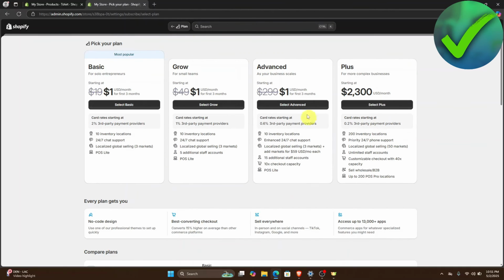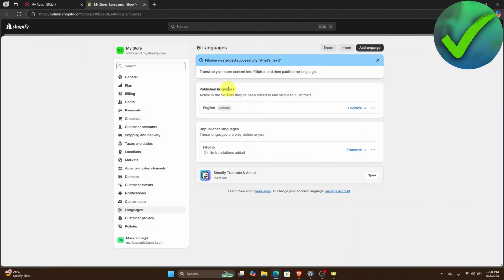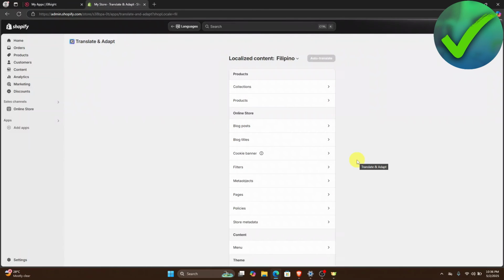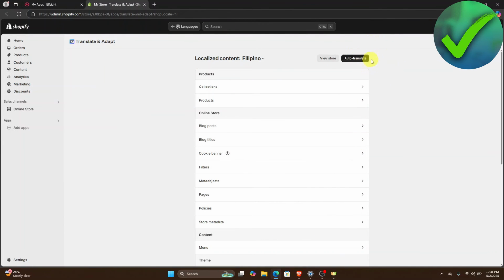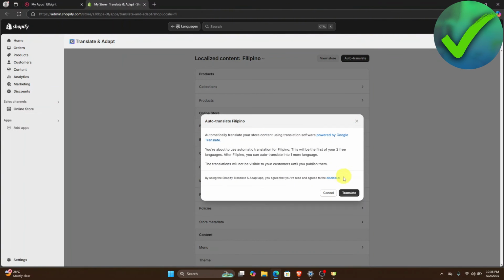So going back to the video, so currently my published is English, and then for my unpublished we have Filipino. So what we want to do next to translate it is to just click translate right here and then click translate and adapt. Now what we want to do here is to click the auto translate and then click translate